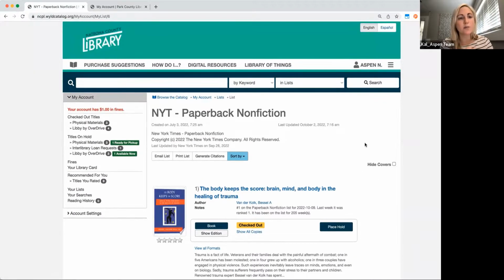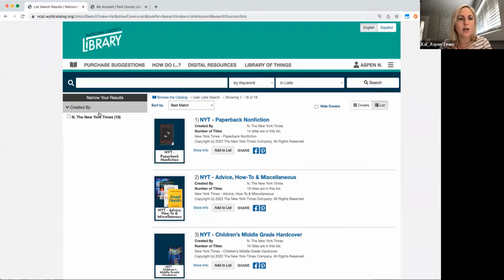Okay, this also will be if you have lists that your staff create. So in Aspen, the WYLD team is able to give out permissions for libraries to make lists like staff picks or staff created lists. Maybe you have Wyoming State reading lists that you want to build lists off of. I'm going to show you how to do that in a second, but this list interface here would show anything that was created by staff with those permissions and also anything that's coming in from the New York Times.